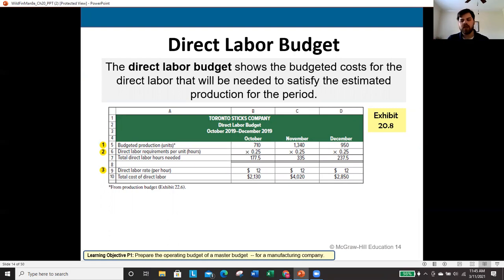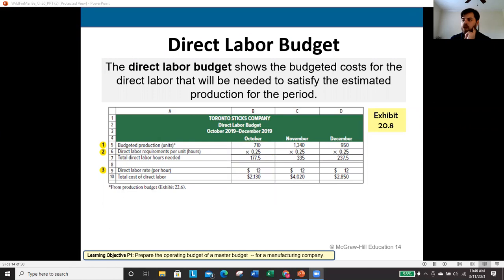So this direct labor gets used in the period, so there's no beginning and ending direct labor, so we get to just come straight down. In this case, we see that I have 710 units that need to be produced, once again, from that production budget, times the 1/4 hour per unit is 177.5 hours of direct labor that are needed. At this point, all that is left to do is to multiply that by my direct labor rate per hour, in this case, $12, and that will give me the total cost of direct labor here, $2,130 for the month of October. I'll then repeat this same procedure for the months November and December. But this is the way that our direct labor budget will actually be prepared.